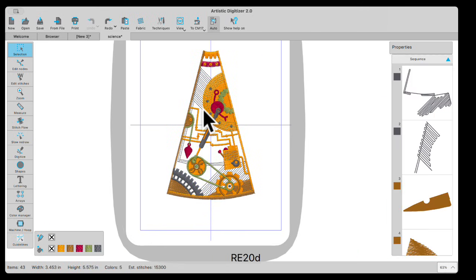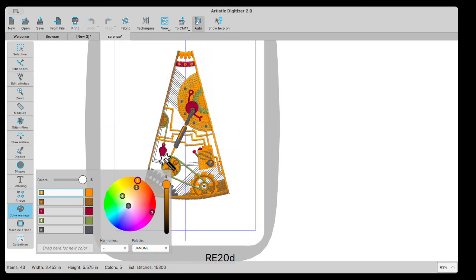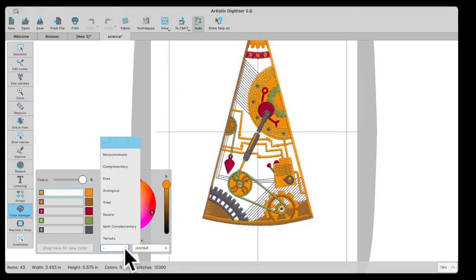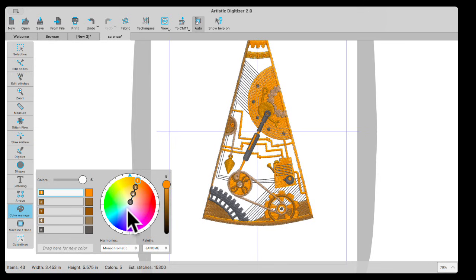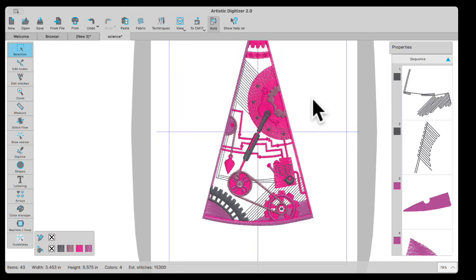The other thing that's really fun to play with, and I'll do this with a couple of designs, is under your color manager, you have harmonies. And with the harmonies, I'm going to move this over and bring it up a little bit so we can see it. There we go. With harmonies, you can choose different ones, like monochromatic, which puts all your colors on the same plane, and you can move it around, and they're based off of color number 1. So color number 1 is your base color, and as I go around, I could change all of these to be monochromatic. And what's really cool is if I say I